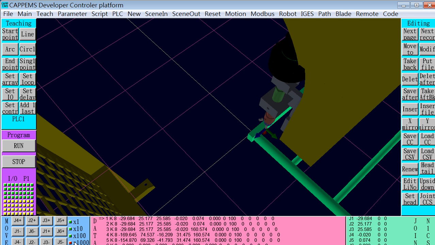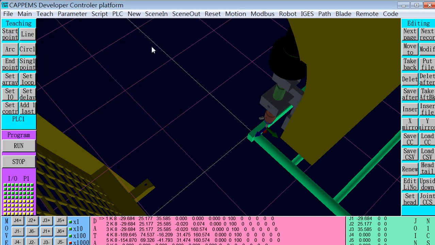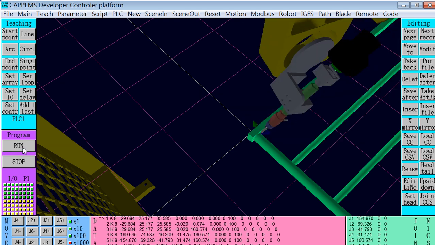Move to the vertex position. J3 positive once, and then modify, get the current positions. By the way, the U 0.02, just 0. The V 0.074, just 0. Okay, let's see. Wrong. Okay,